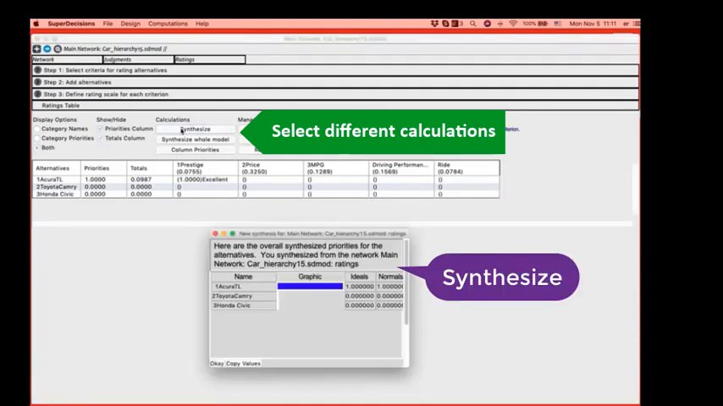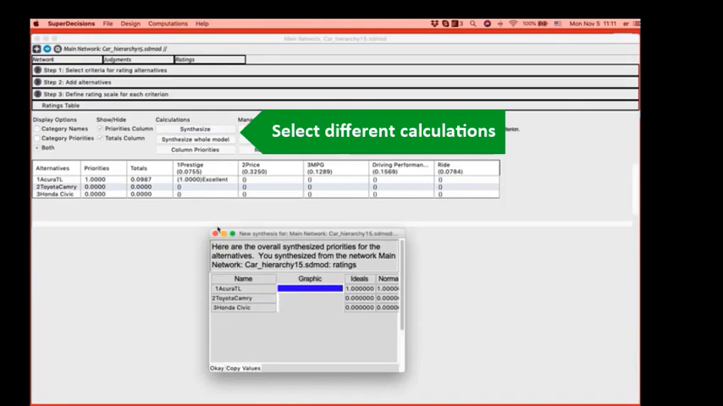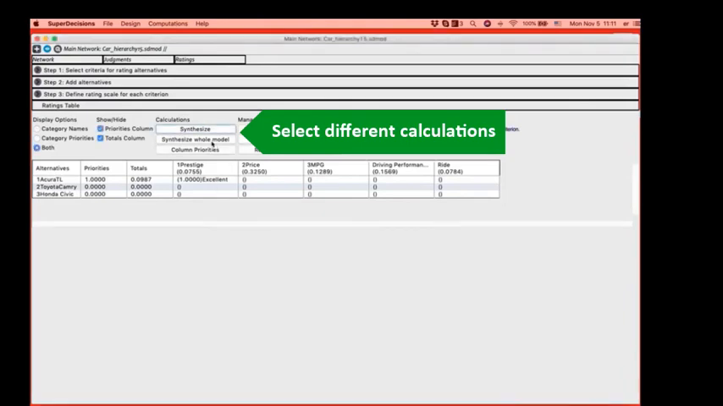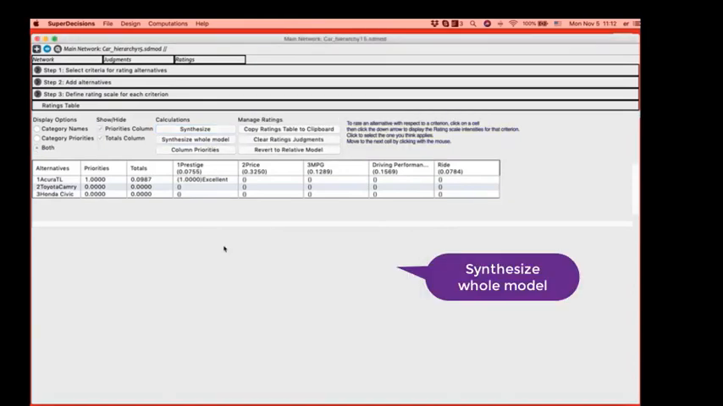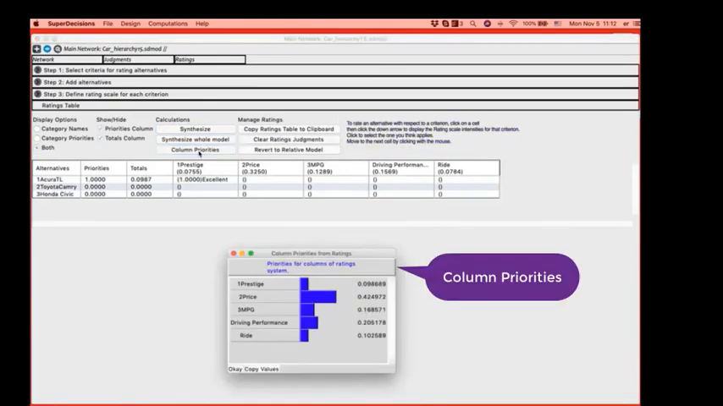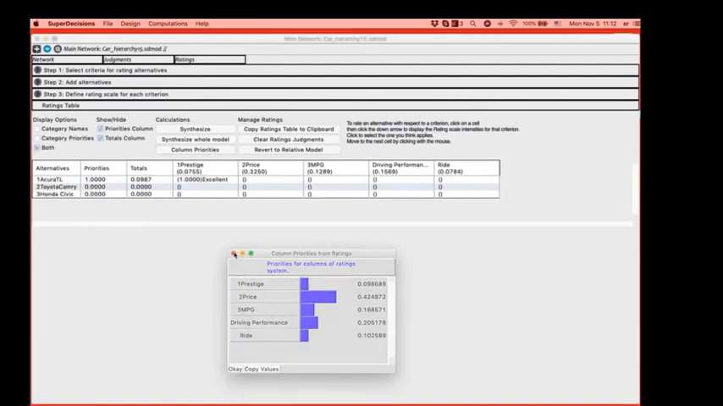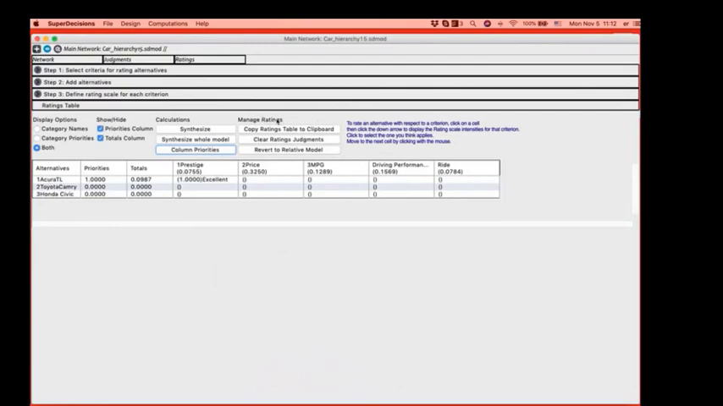Synthesize will give us the temporary results for the 3 alternatives. Of course, now we haven't entered any ratings yet. Synthesize whole model is used when we have a multi-level network and we want to see the ratings synthesis result. And column priorities give us the priorities of the columns that we are using, so the priorities of the criteria that we are using. It's pretty handy if we want to copy the values in a report or an Excel spreadsheet. Finally, in the Manage Ratings section,